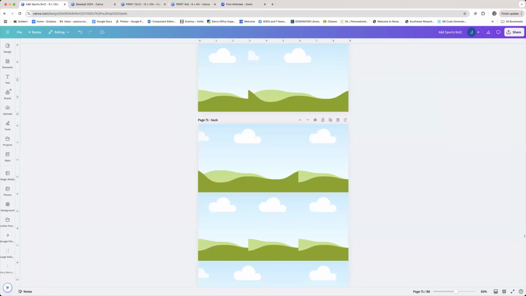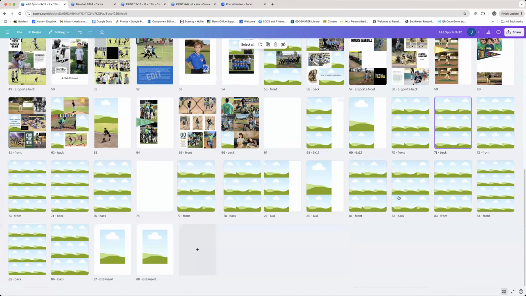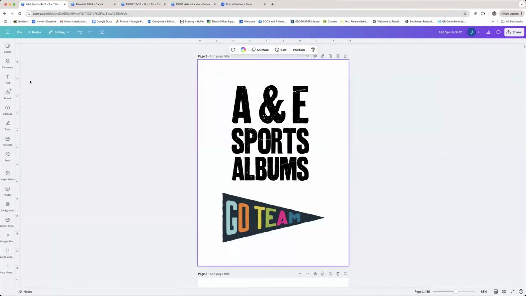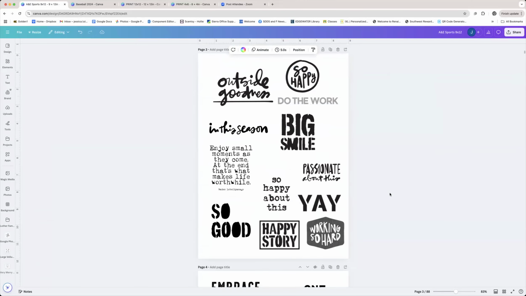So what I did, once I figured out I was doing a 9 by 12, I made the file and I configured all of these pages. Then I started finding art that I wanted to use, art that I already had on file, art that maybe came from my stash.